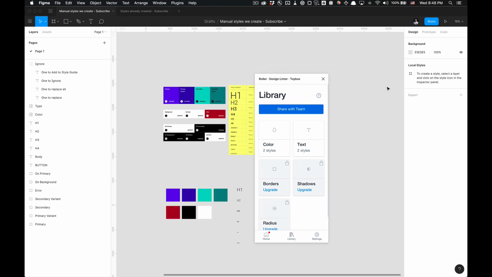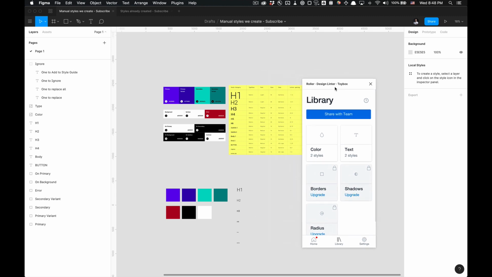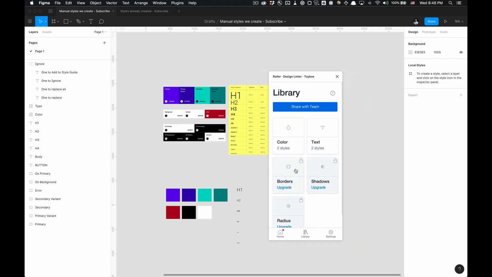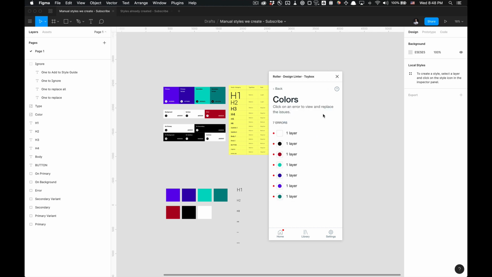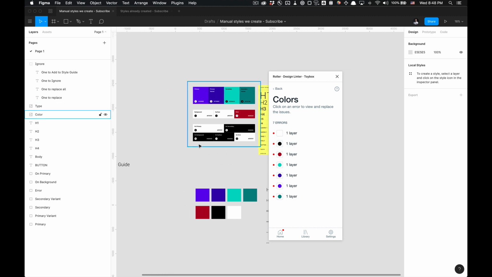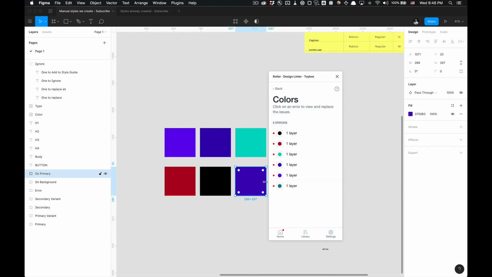But notice that these are styles that aren't locally within the file. They're synced in this plugin. They're somewhere else. They're in the cloud. Think of it that way. So now that we have those styles, we see 7 errors in terms of colors. So we see all these layers where the color styles created within this plugin are not being utilized. So in order to fix that, all you got to do is select primary variant and replace, and it'll replace it on that specific layer,